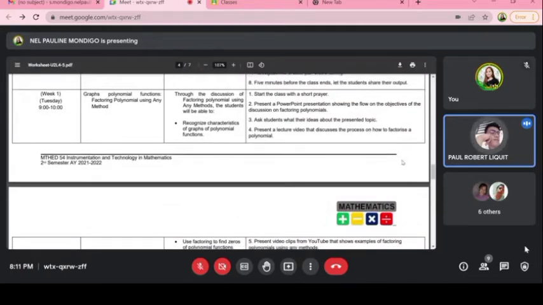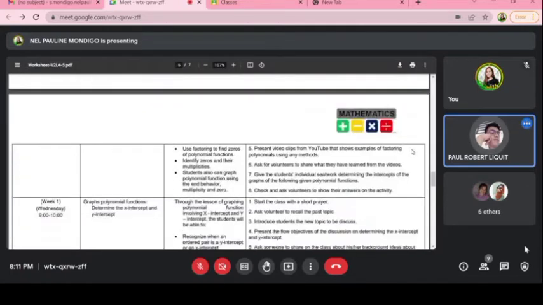Next, use factoring to find zeros of polynomial function. Next, identify zeros and their multiplicities. And the last one is students can also graph polynomial function using the end behavior, multiplicity, and zeros. And its daily procedures are